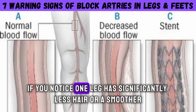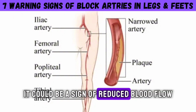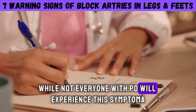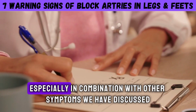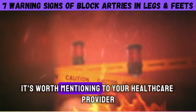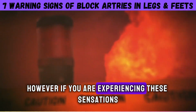If you notice one leg has significantly less hair or a smoother, shinier appearance than the other, it could be a sign of reduced blood flow. While not everyone with PAD will experience this symptom, it's an important one to be aware of. If you notice these changes, especially in combination with other symptoms we have discussed, it's worth mentioning to your healthcare provider. However, if you are experiencing these sensations along with other signs we have discussed, it's crucial to get checked